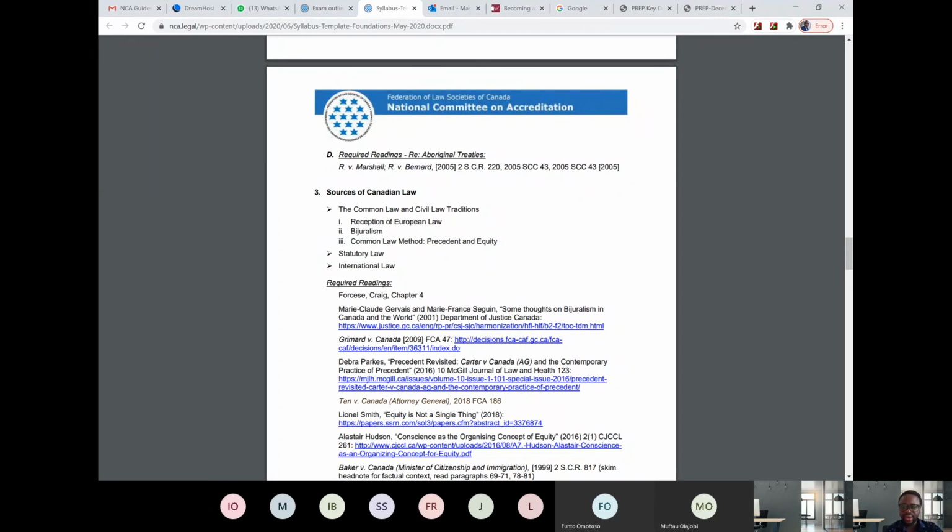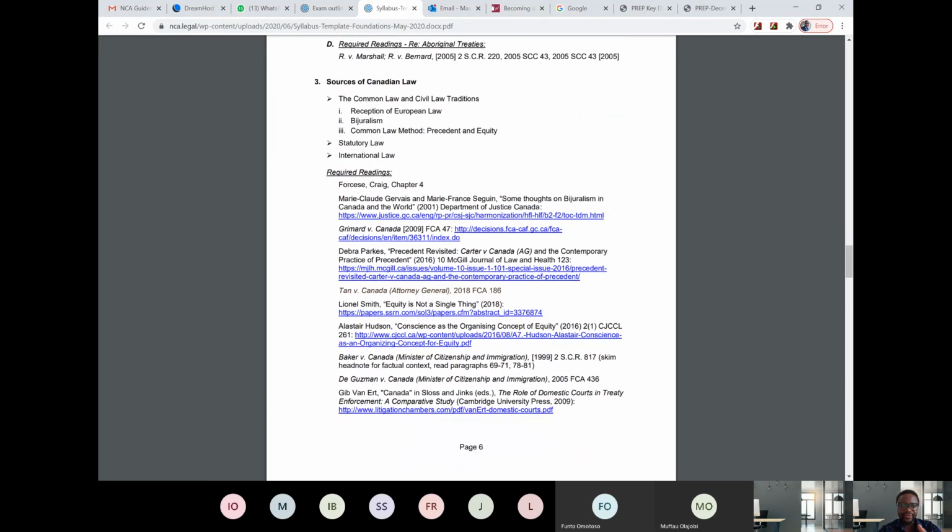There is the article on some thoughts on bijuralism, which will take us through what bijuralism is and what the difference is between common law and civil code. Is there even a difference at all? We'll be looking at this as well. We'll also be looking at a number of cases here: Grimard and Canada, then Precedents Revisited, that's Bedford and Canada. So this article talks about how